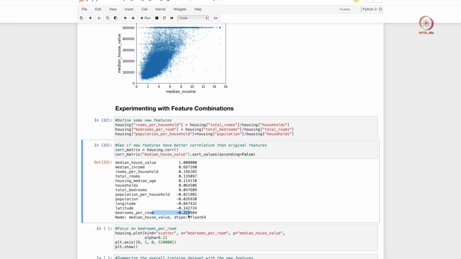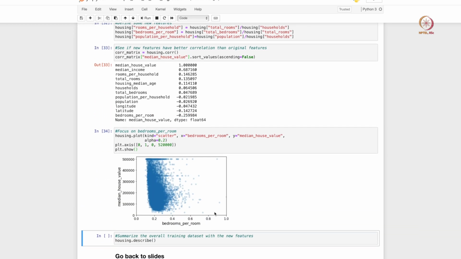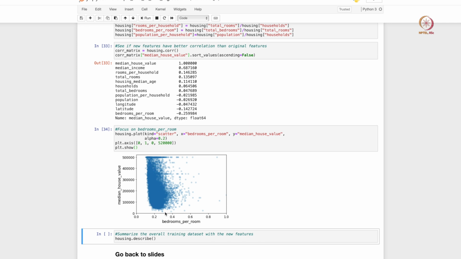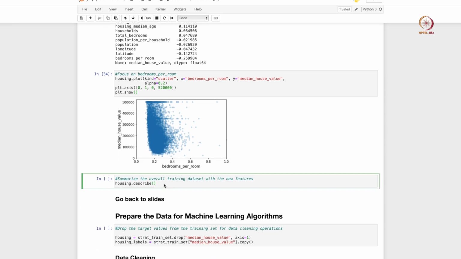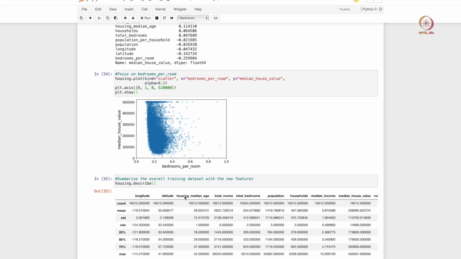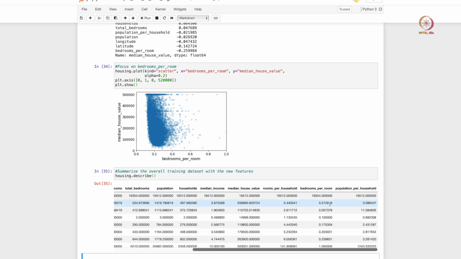So so good. We discovered a couple of features at least that may improve the model if used. We can also take a closer look at bedrooms per room, and we see a moderate level of anti-correlation. It is not very strong, but you generally see that as the bedrooms per room increases, your housing value tends to drop. Okay, so we have now added these additional features within our overall data set. We now see 3 new columns towards the very end within our data set. And that's good to go now.